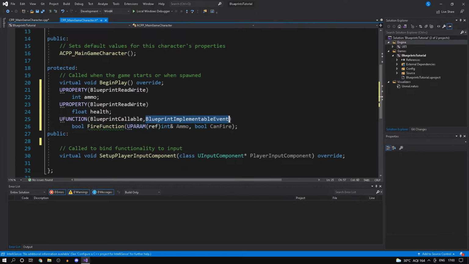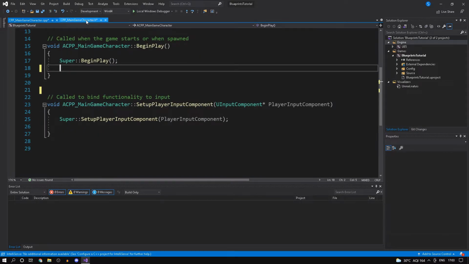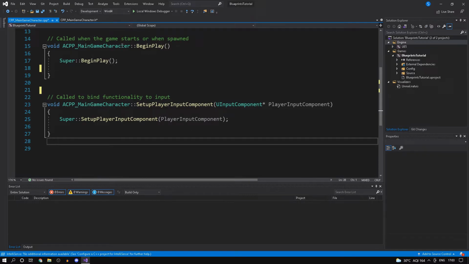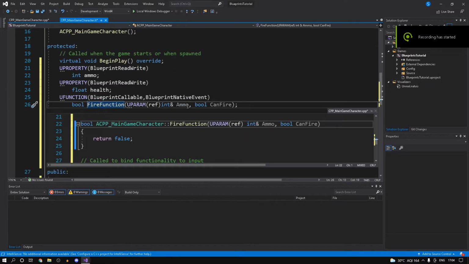And there is something else known as BlueprintNativeEvent. What BlueprintNativeEvent allows you to do is to actually have C++ functionality as well along with blueprint. So you could make a call to the parent from your blueprint class. That's one way of handling it. When you use this, what Unreal does is something smart actually. So you can just create a definition for this. So create definition. So this is done.